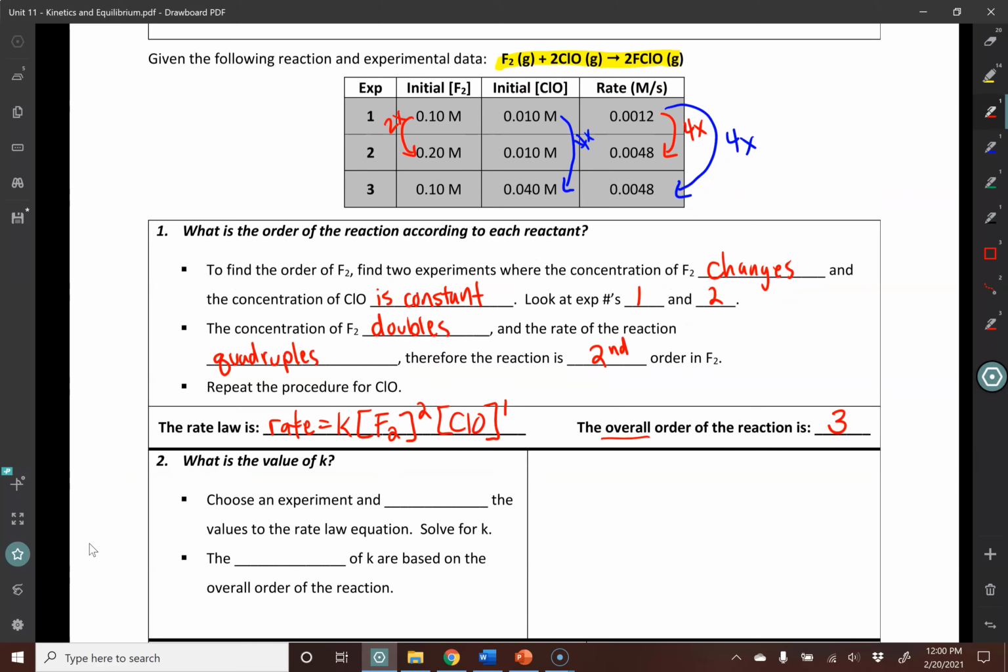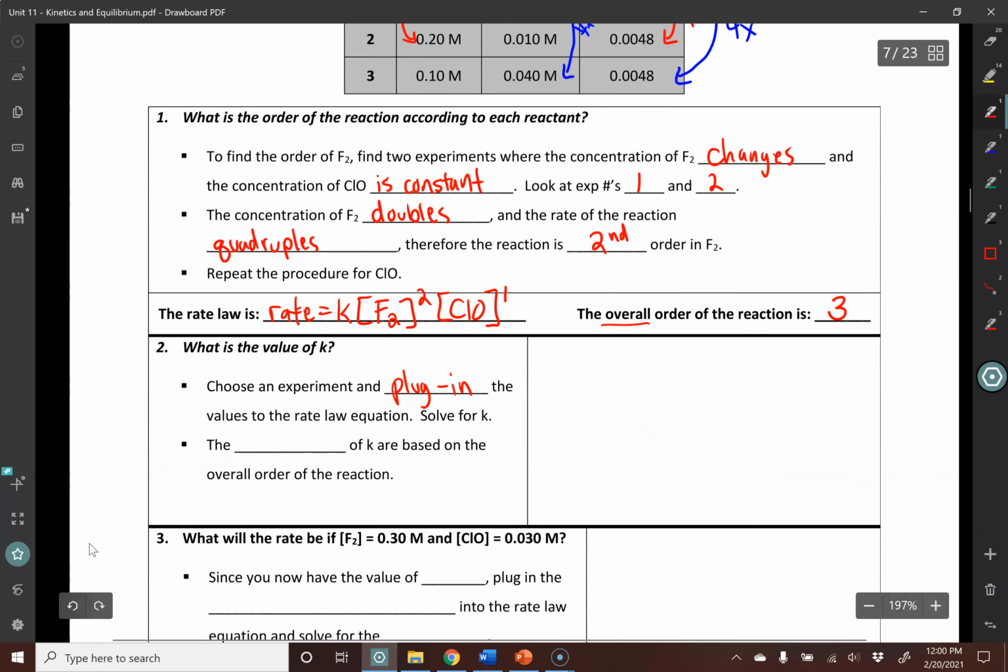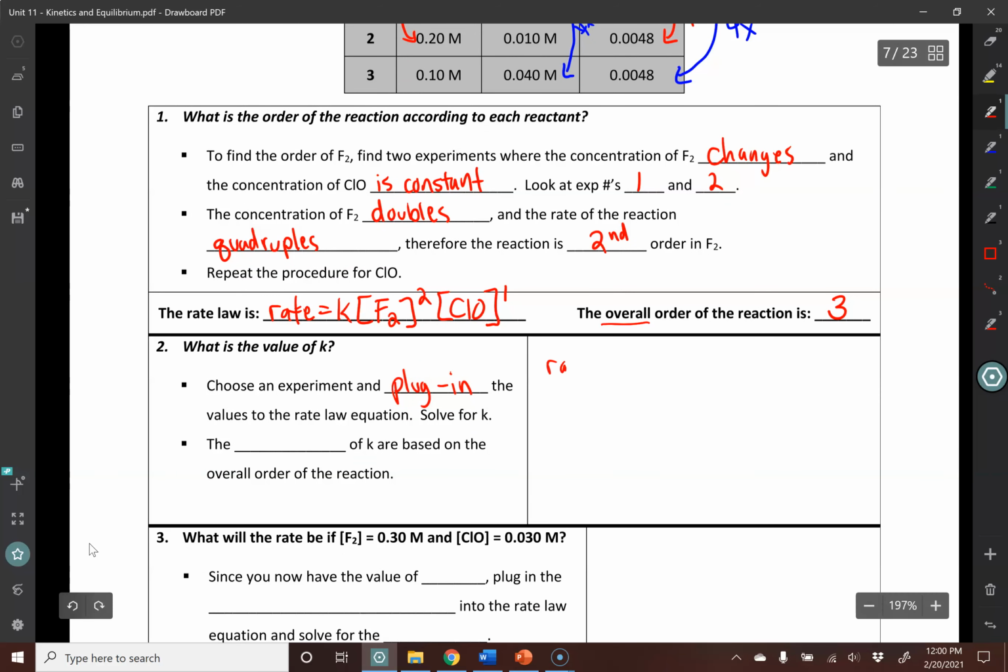You're going to choose an experiment and plug in the values. Does it matter which experiment I choose? No. The rate law constant, K, should be the same for the same reaction under the same conditions. So it really shouldn't matter whether you choose reaction 1, 2, or 3 to work with. You should end up with the same value. So what I want to do is take my rate law equation,